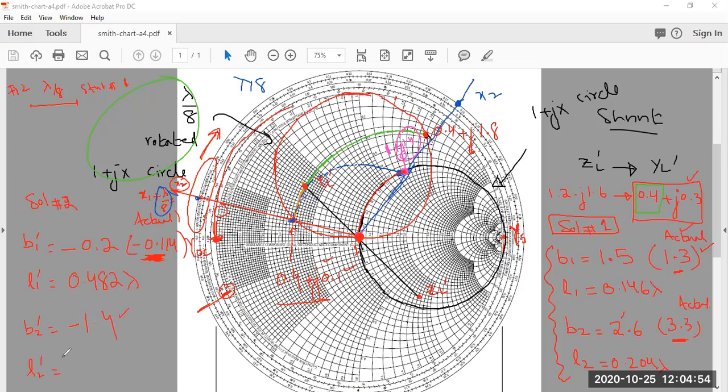तो इस केस में अब L2 कितना होगा, L2 अगेन आप उसी तरीके से फाइंड करेंगे। ओपन सर्किट स्टब है, यहाँ से आप स्टार्ट लेंगे और फिर आपने कहाँ तक, किस जगह पे आपने पहुंचना है जहां पे आपको इतनी ससेप्टेंस मिले। तो यहाँ पे अगर आप देखें ये वो जगह है, ये आपको नजर आ रहा है -1.4। तो इस पॉइंट तक पहुंचने के लिए हमें कितना डिस्टेंस कवर करना पड़ेगा, ये पूरा डिस्टेंस कवर करते करते यहाँ तक हमें आना पड़ेगा। और फिर ये रीडिंग आप नोट कर लेंगे कि ये वेवलेंथ टुवर्ड जनरेटर स्केल पे कितनी है। तो अगर आप इस प्रॉब्लम को सॉल्व करेंगे तो ये तकरीबन आपके पास आती है 0.350 लैम्डा। सो आपने सोल्यूशन 2 भी इस तरीके से फाइंड कर लिया।